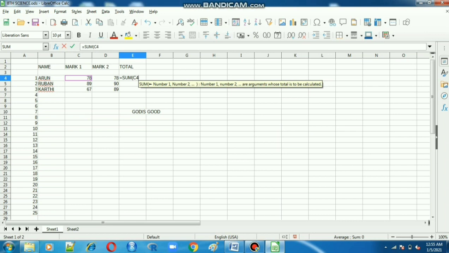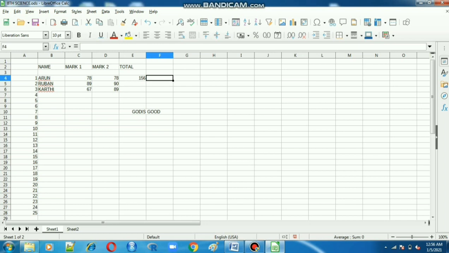Next, comma. Put the comma symbol, then select the next cell. Sum means addition. One value is not possible to add, so we add two values. First cell is C4, second cell is D4, and finally close the bracket and press enter. 156. So this is the way to find the total.